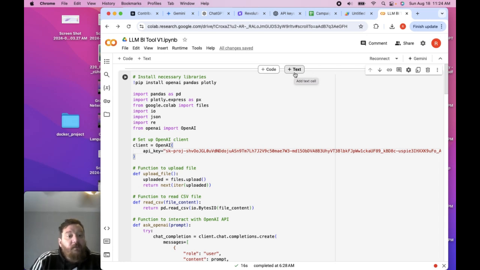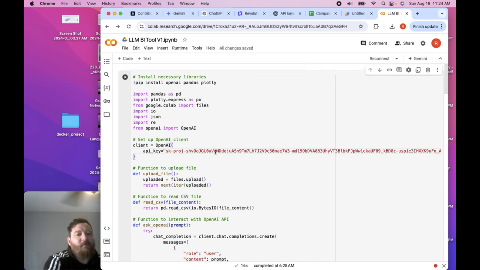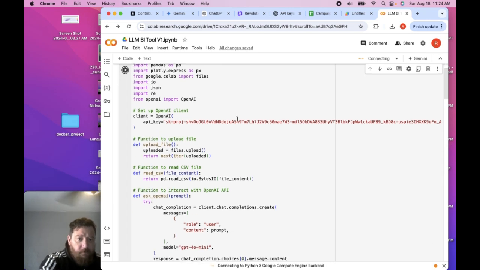In this use case, essentially what I've created is, and I'll link this in the description to the video, it's called LLM BI Tool V1. The very first thing I'm going to do is, before I upload this video, I'm going to invalidate this API key, but I want this API key in here to show you that it works. So I'm going to go ahead and run this first cell here. And then what this does is that we're going to call GPT-4o Mini, as you can see, and